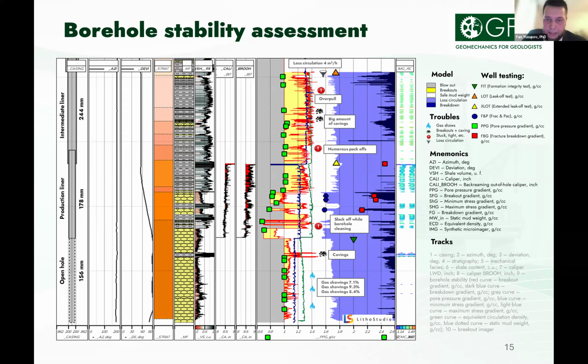Please see on this slide, and we can see the two types of mud weight. The blue line is static mud weight, and the green line is ECD, equivalent circulation density mud weight. When we are drilling, the static mud weight increases to the value of ECD. It is associated with grains of rocks, turbulent processes, and other processes that lead to an increase of this